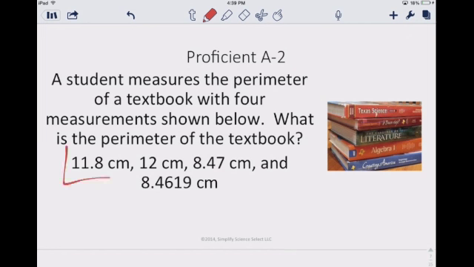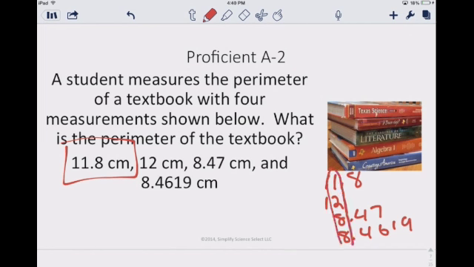So all we do here is we add these up. So 11.8 plus 12 plus our 8.47 plus our 8.4619. Okay, we add all these up. The one digit that they all share is going to be right here. So when we add it up and we put it in the calculator, we get a number of